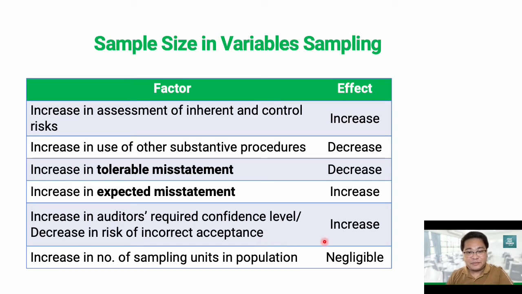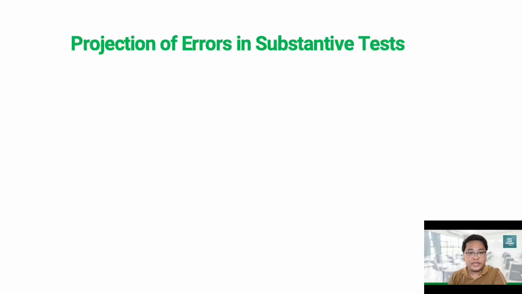So that means we need more certainty and therefore increase the sample size. So finally, the number of sampling units in the population, assuming a large sample size, has no effect on our sample size, because we have a fixed sample size, depending on the parameters that we have chosen here. Okay? Now, one difference between variable sampling and attribute sampling: in variable sampling, there is a need to project the